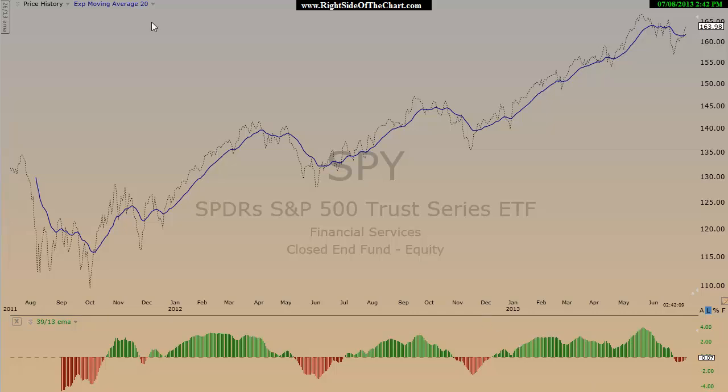Again, this is a 20-day exponential moving average, and simply one second. Sorry, a little distraction there with the phone. Okay,